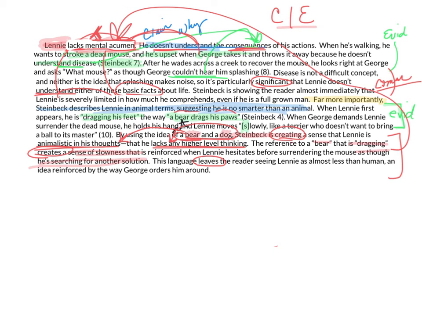So on your paragraph, and by the way, I'm not quite done, you do need to make sure that you have a closure. Closure is going to have a closing transition word. In sum, it's going to, my handwriting's great. It's going to go back to what the original topic is, that he lacks mental acumen, which essentially means he's not that intelligent.